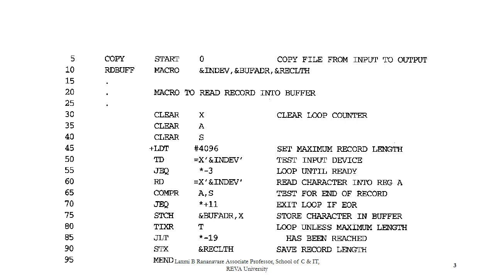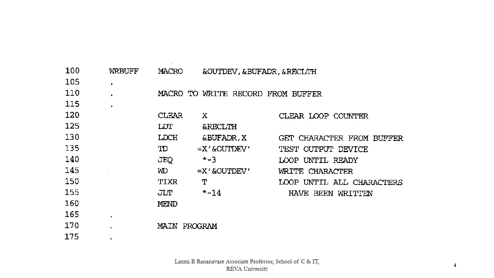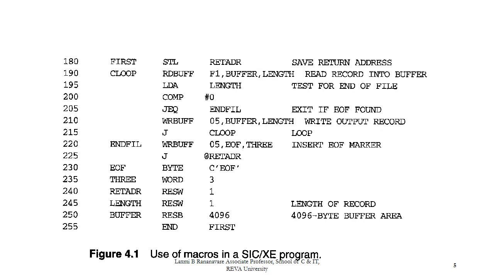The read buffer macro definition starts with MACRO and ends with MEND, that is line number 9. Similarly, another macro we have defined, that is write buffer, starts with MACRO and ends at line number 160. And then we are going to have the main program, which consists of